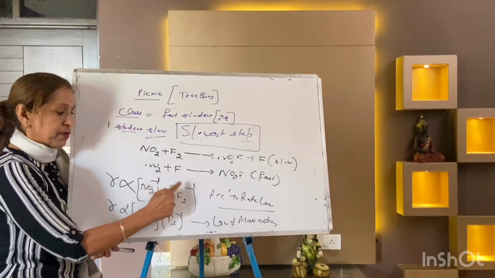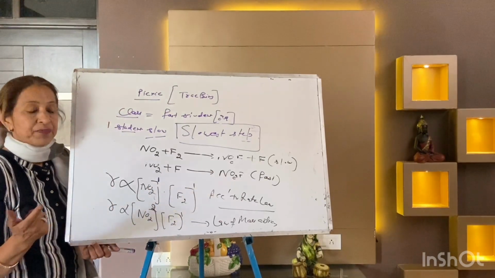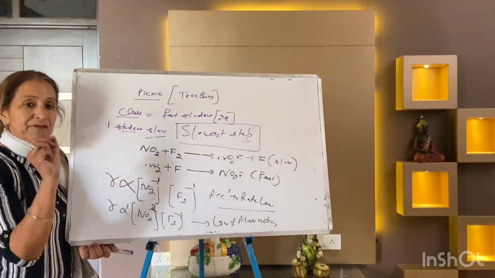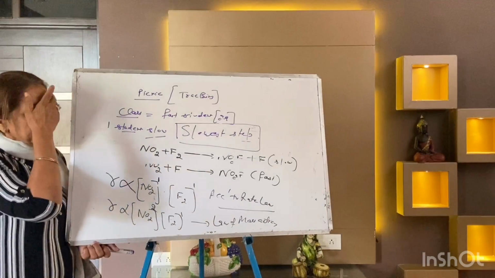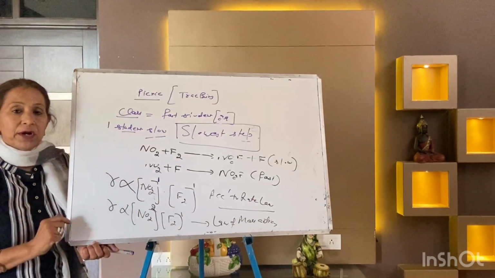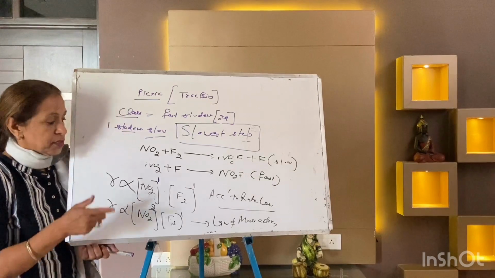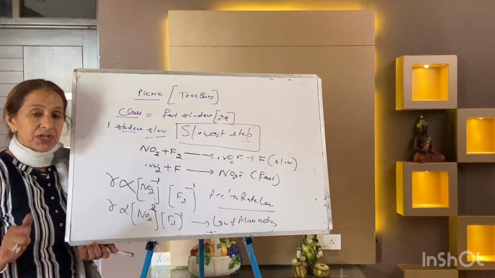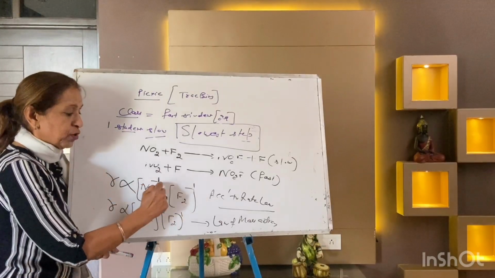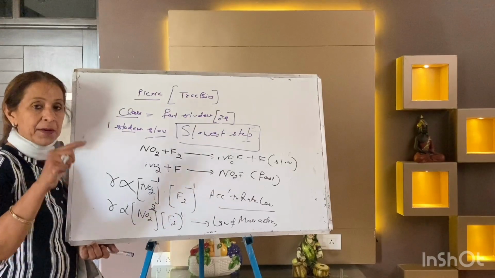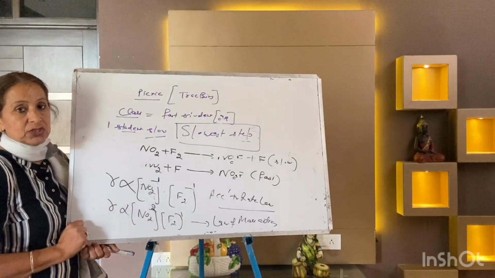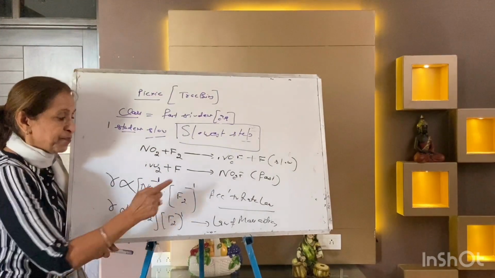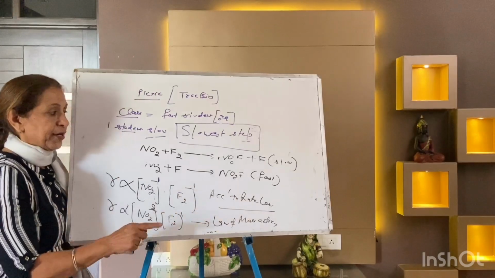And what is order? These powers are the orders. I think now everything is clear. Now I'm taking a few examples so that each and every topic gets clarified in a very simple way. So now what is rate law? According to rate law, the rate of the reaction is directly proportional to the concentration of the reactant, with each concentration term raised to a power equal to the number of moles of the reactant present in the slowest step. And remember students, slowest step is the rate determining step. Rate law is the actual rate of reaction.